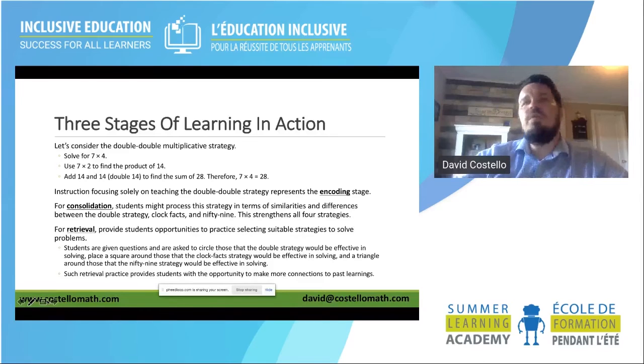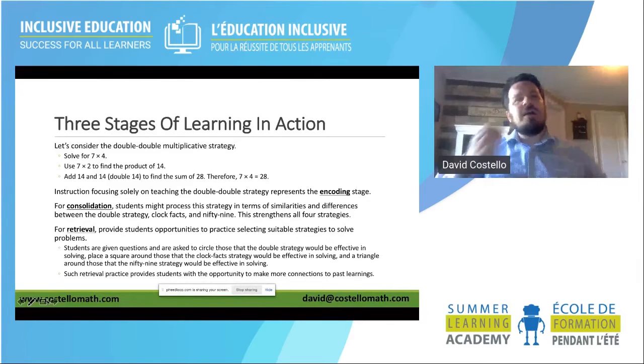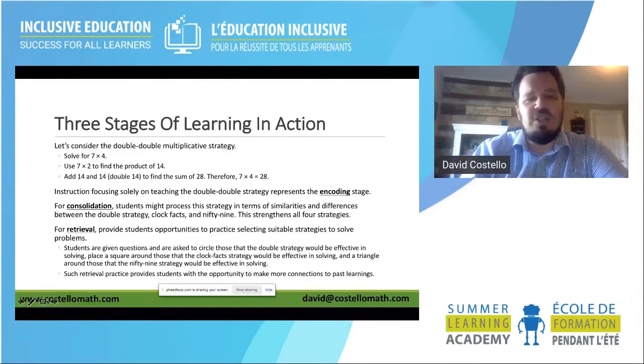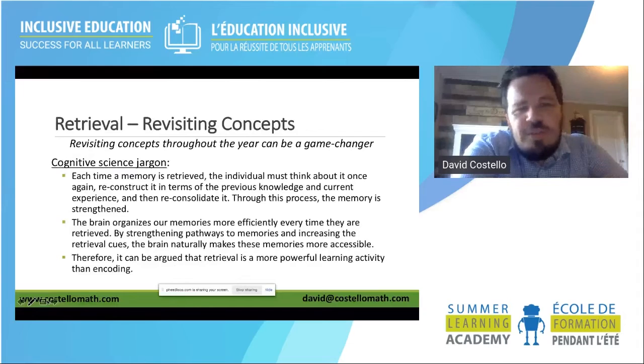So what they're doing is going back to their memory, looking at that problem, and determining on their own which strategy they're going to use and why. That's the part we've been missing in block practice. Now students have to go back and determine why they're picking this strategy and what strategy they need. And just to ground this in research, which I think is important, retrieval is really based